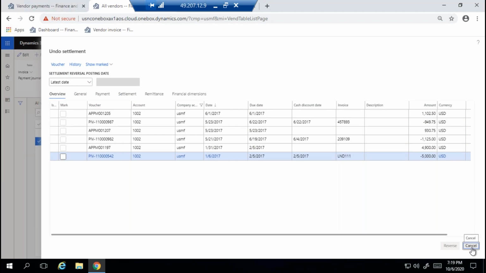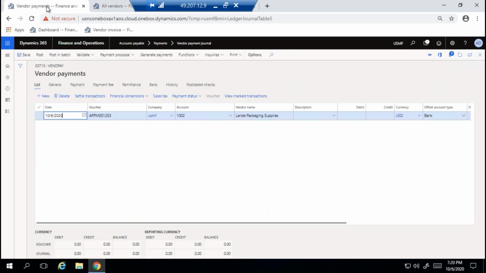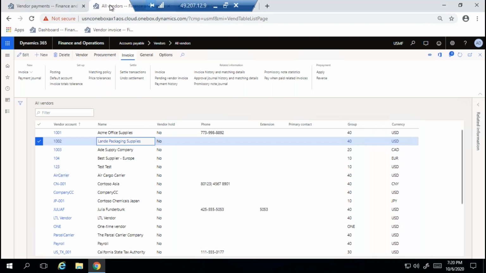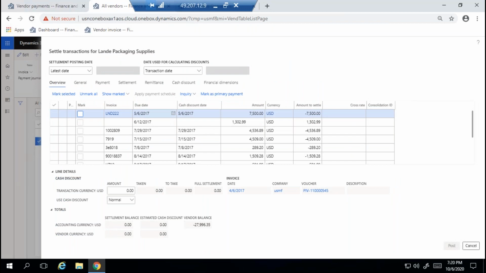But if you are doing payment directly without invoice, then the system cannot understand which invoice to be settled, am I right? Then you can come here and run the settle transactions, and you can select invoice versus payment.